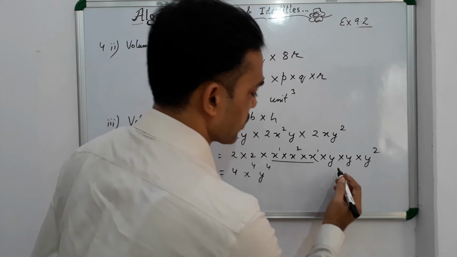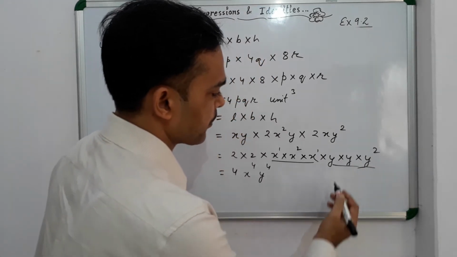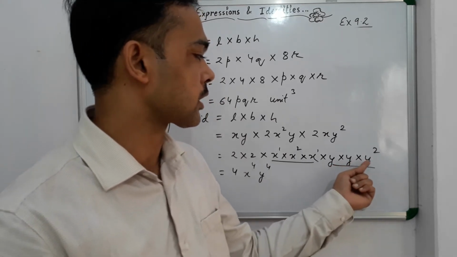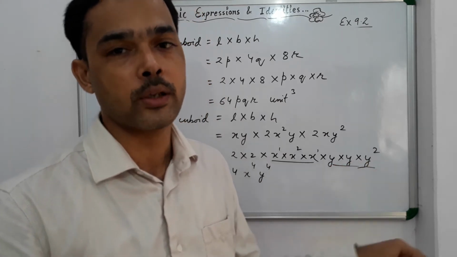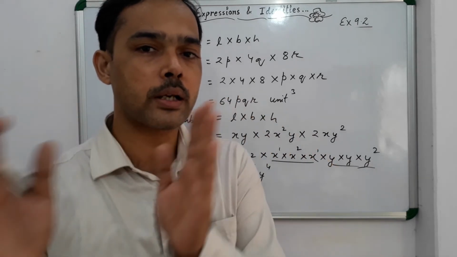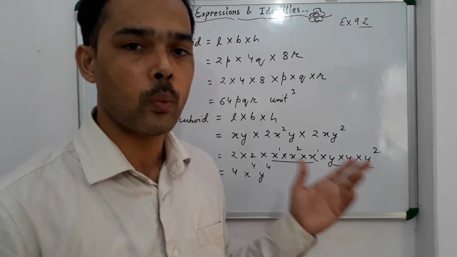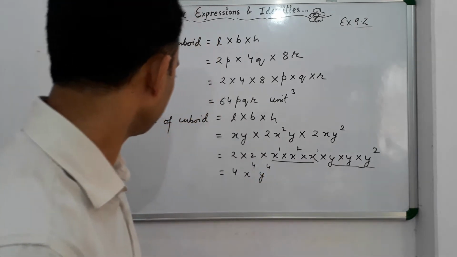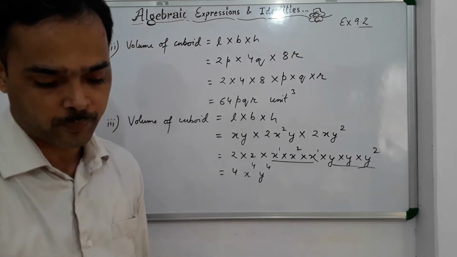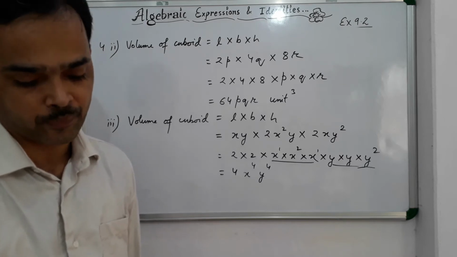Here also we are using the same thing, since the base is the same everywhere, it is y. Or else, this y square can be written as y into y, so you are observing that y is getting multiplied 4 number of times, that is why it will become y raised to the power 4. I hope that question number 4 is clear to you. Now let's move on to question number 5.